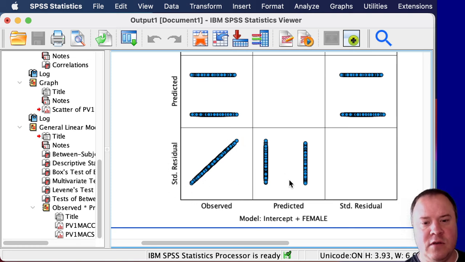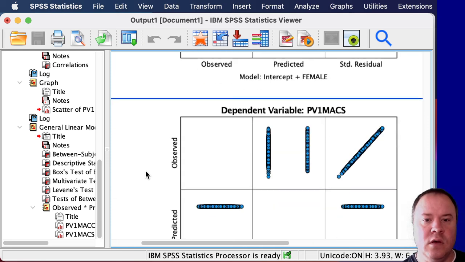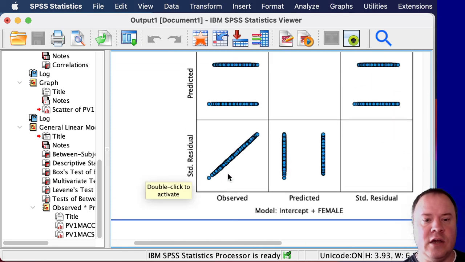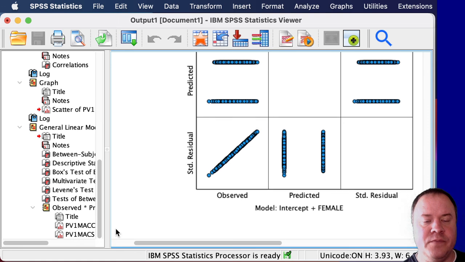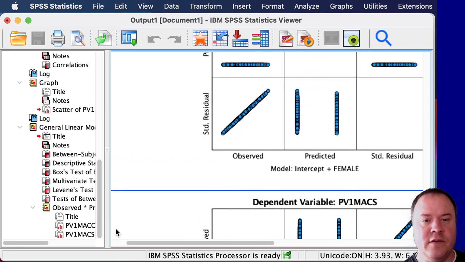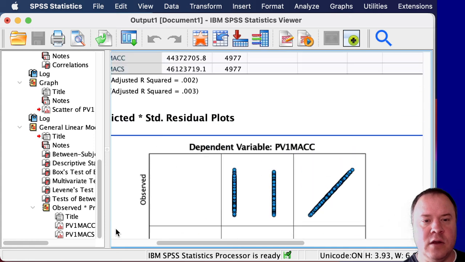So we don't care about the predicted versus. Looks like a straight line there, around a 45-degree angle. The same thing for the next one. So it looks pretty good. And doesn't seem to be a problem there. So that's further indication that a linear model is appropriate